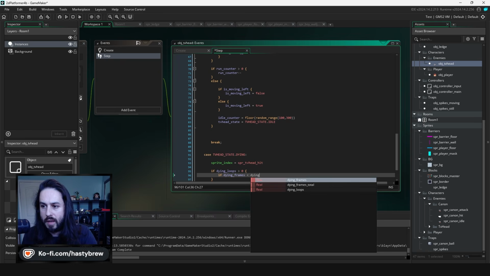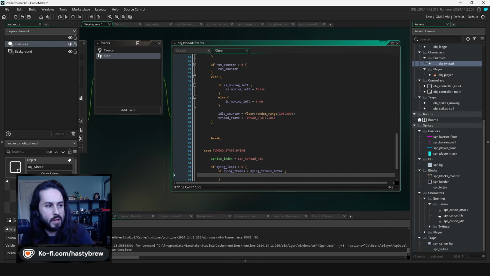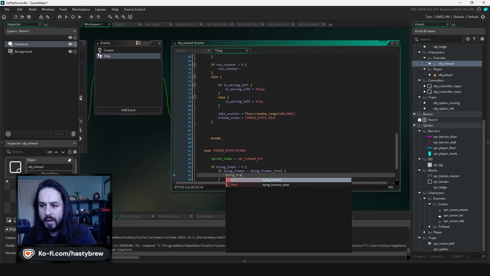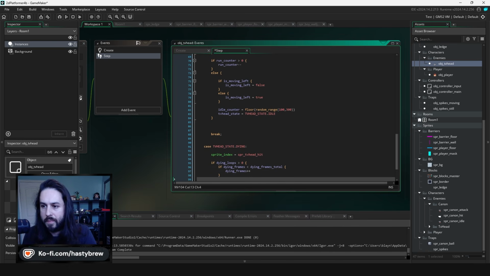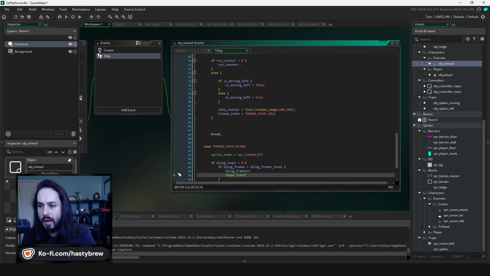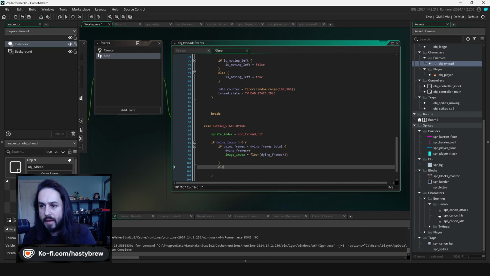Less than dying frames total, and we wrote all of this before in the player, so I could have copied and pasted it, but I want this to be clean because I will be copying and pasting this part. Image index equals floor, dying frames divided by 2, and then else